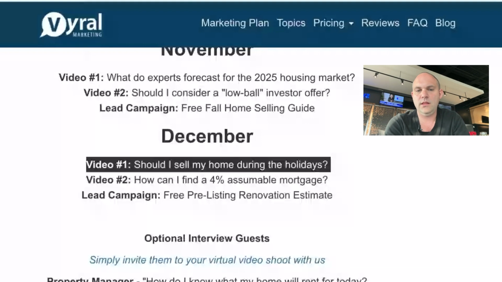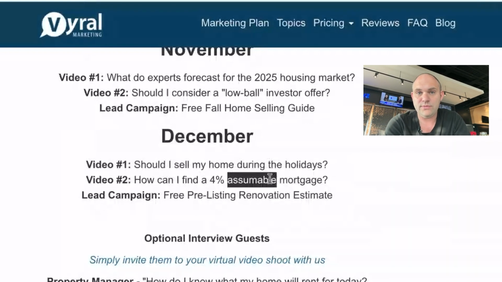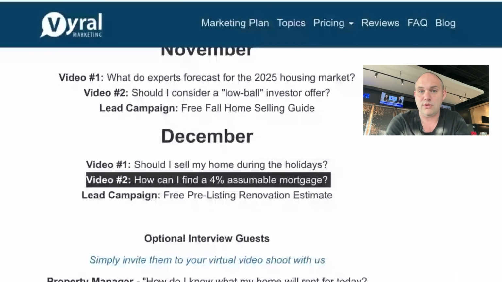A little bit more difficult with high interest rates, a VA assumable loan, or how do you know if the loan is assumable, and what does that mean? This was all over the news this year. Did you know you can still pick up a low rate in your mortgage? It's basically building awareness that you can assume an interest rate from a seller. And how do you know that? And what terms and conditions apply? And how do you qualify for such loan assumptions? We'll give you a script on that one, but that one's more technical. Make sure you nail this second video script for the month of December.